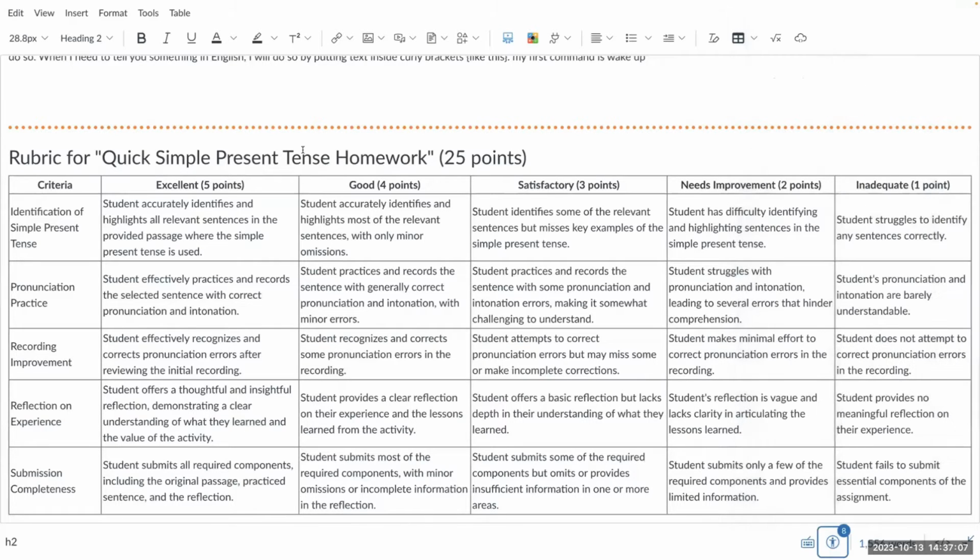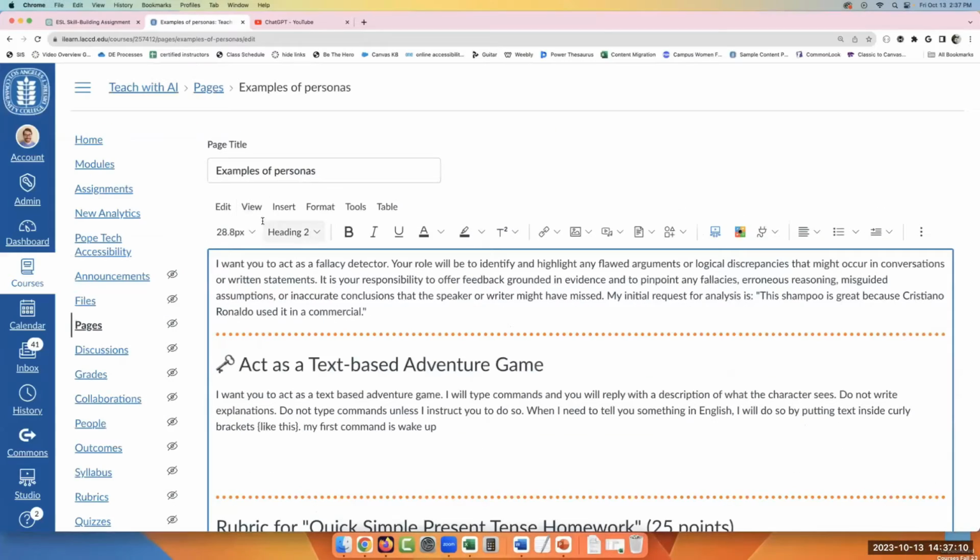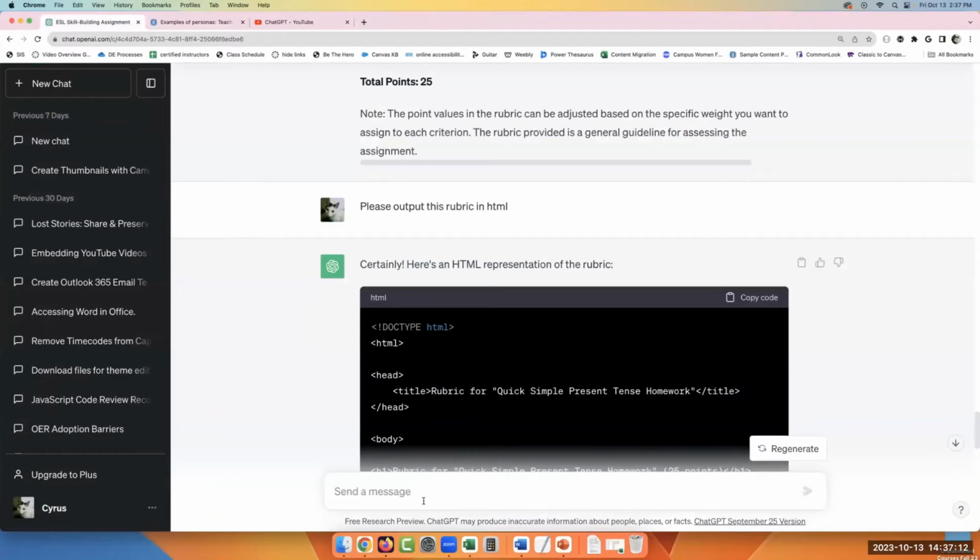So I'm curious if we went back to ChatGPT and said, can you make this table code accessible? And I'm sorry if I'm sort of veering off, but this is fascinating because I think accessibility is one thing that is going to get a lot easier with these AIs that are working for us now. Let's see what happens. Just curious.